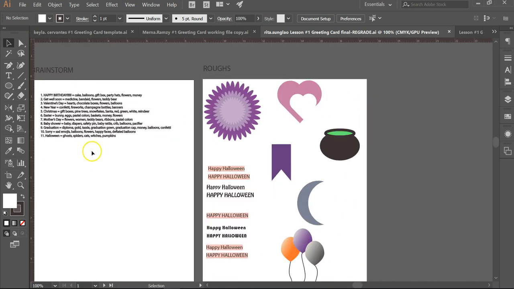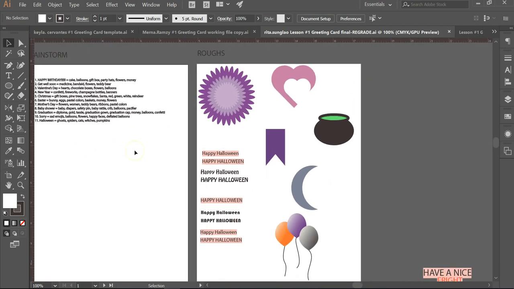Then you come over to the second page, and this is where you start creating your shapes, your roughs. And it's also where you're going to do your type trials. And there's going to be another video on precisely how to do type trials. And so I'll show you that more later. But